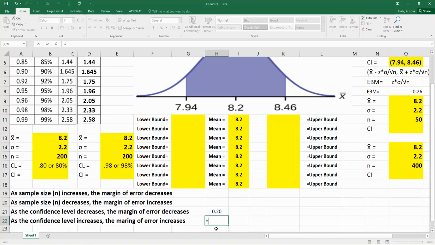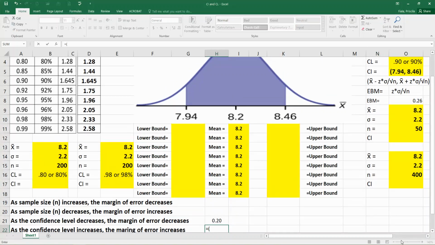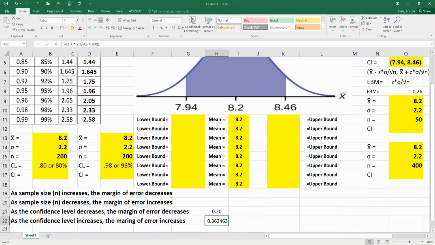In the same way, if we increase from 90% to 98%, for example, so if we go from 1.645 to 2.33 times your standard deviation divided by the square root of the same sample size, you increase your margin of error. Okay, so they have a direct relationship,